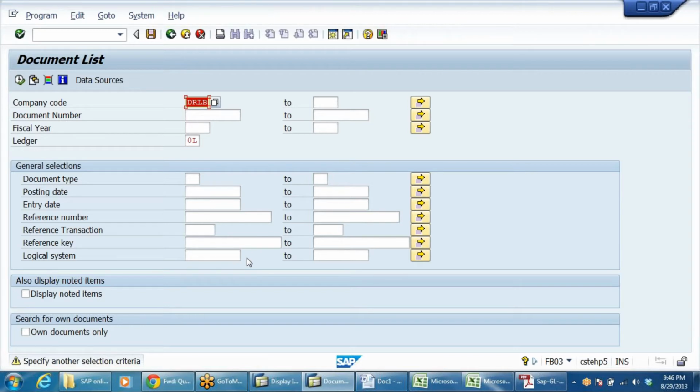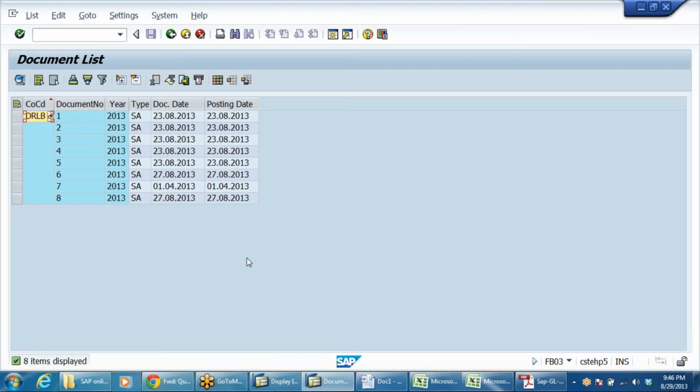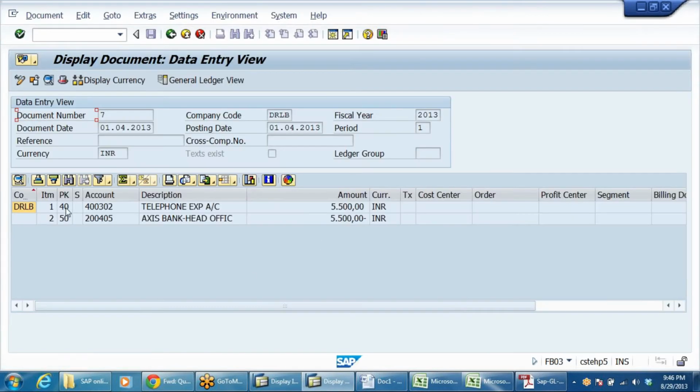You can simply say, I don't have any selection criteria, and press enter. It will take whatever document types are available and show you the documents here. Any document you want, just double click on it and you can see the entry.